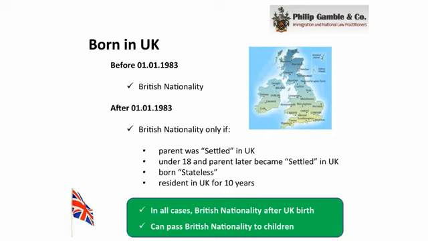If a child is born in the UK after the 1st of January 1983, the child will not always be British. And in fact, the parents have to hold a specific status at the time of that person's birth for the child to acquire UK nationality. In most countries in the world now, this is indeed the case. Birth in a country does not always lead to the nationality of that country, and only usually where the parent holds a residential status at the time of the child's birth can the child acquire UK nationality now.